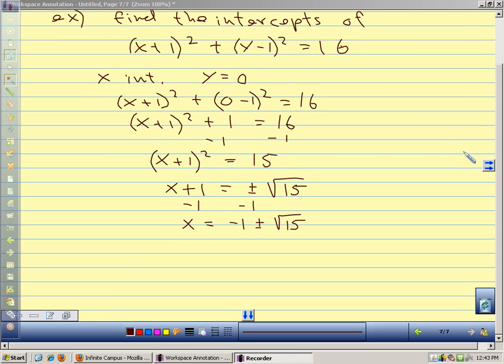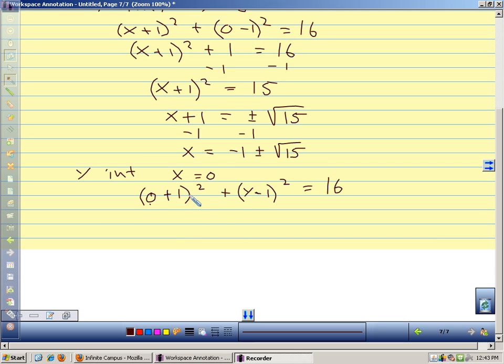To find the y-intercept, I plug in x equals 0. I'm going to plug that into my equation. So I get (0 plus 1) squared plus (y minus 1) squared equals 16. 0 plus 1 is just 1, and 1 squared is 1. So I get 1 plus (y minus 1) squared